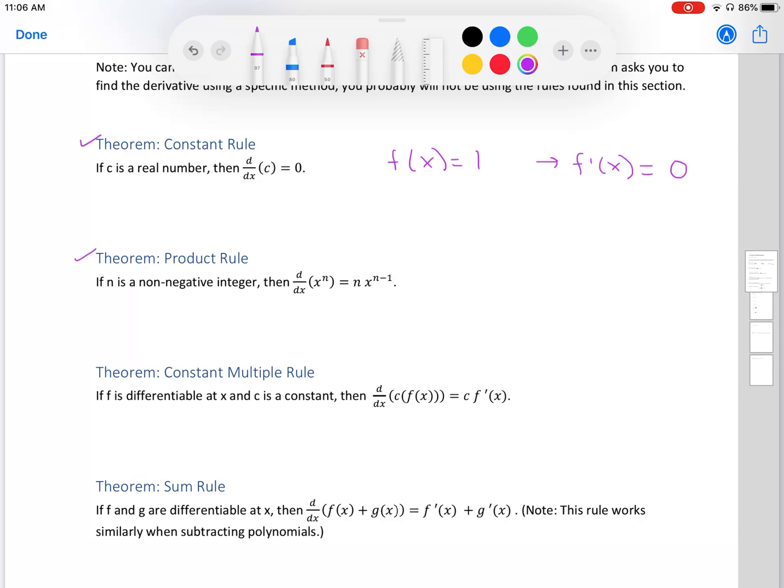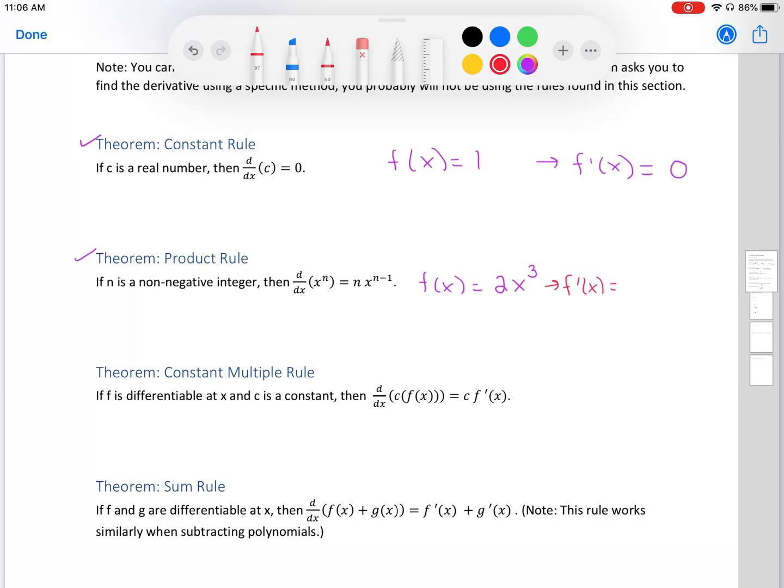Next, we have the power rule. If n is a non-negative integer, then the derivative of x to the n power is n times x raised to the power of n minus 1. So the notation looks funny, but this is probably the best rule we have and the one you'll use the most often. It says, for example, if I have 2x cubed, then in order to take the derivative, what we will do is